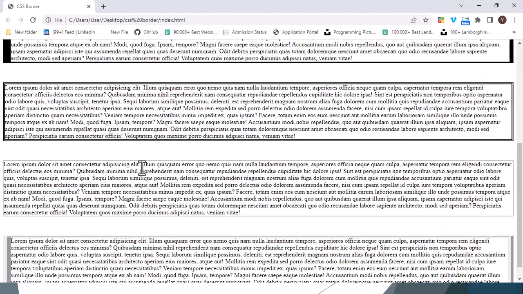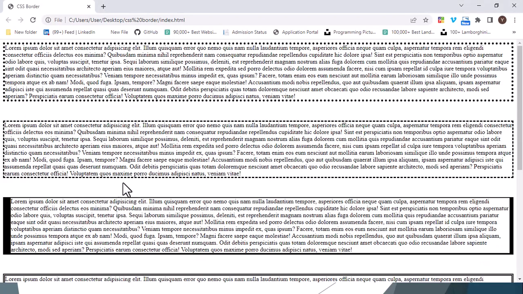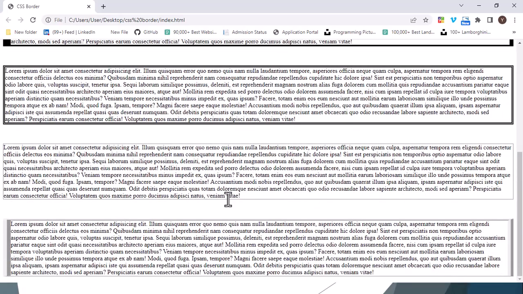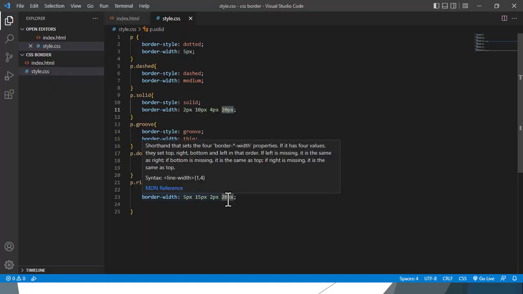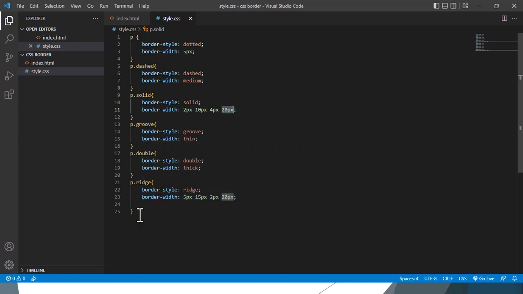Alright, without wasting much time, let's go straight to the border color. How do we add border color to our web pages? How do we do the CSS border color styling? The border color property is used to set the color of the 4 borders. For us to set our border color now,